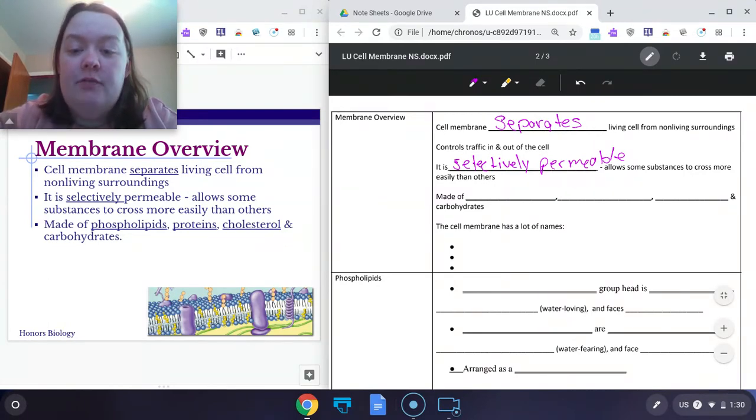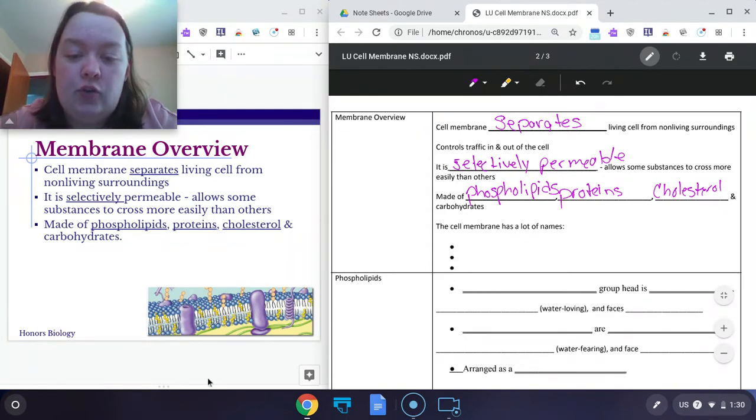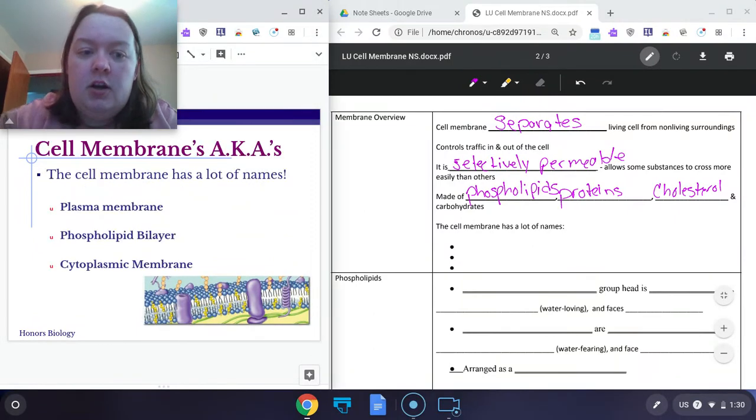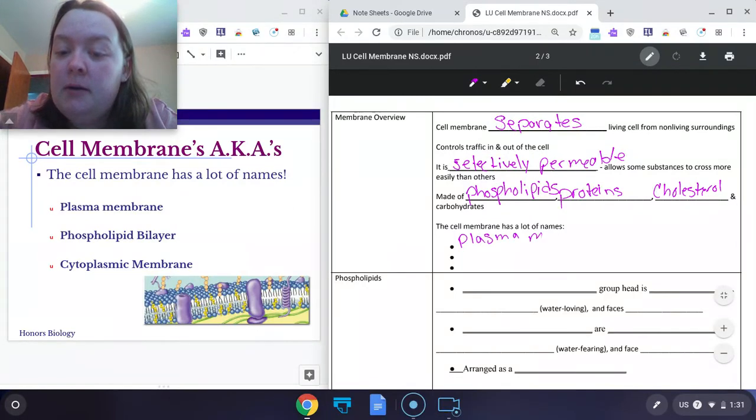The cell membrane itself is made up of phospholipids, proteins, cholesterol, and carbohydrates. Now, since we're talking all about the cell membrane, I just want you to be prepared. The cell membrane can have lots of names. So I can refer to it as the cell membrane, the plasma membrane, the phospholipid bilayer,